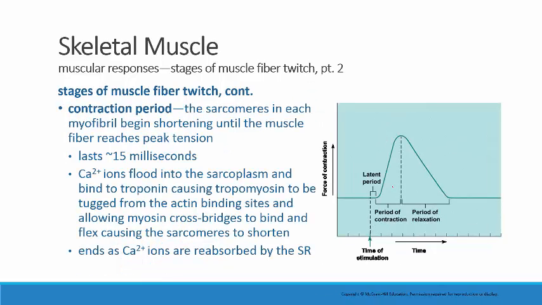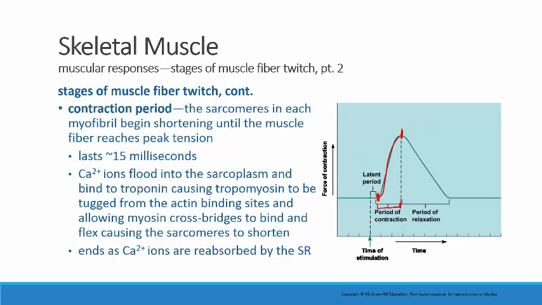Okay, following the latent period, we see the period of contraction. The contraction period begins as the sarcomeres in each myofibril in the muscle fiber begin shortening, so right here is where they begin shortening, and they start to develop contracting force in the muscle. This period ends when the muscle reaches the peak tension that is going to be found in that twitch. This period lasts about 15 milliseconds, and during this time the calcium ions are flooding